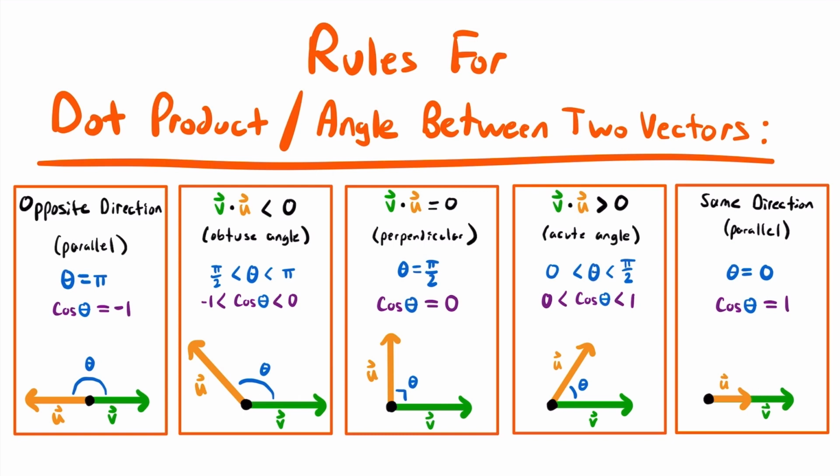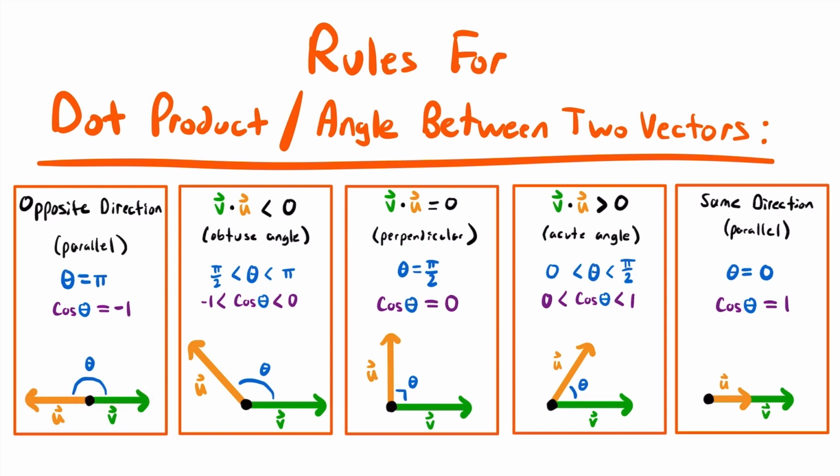Okay, and by the way, you might have noticed that when we measure the angle between two vectors, that angle is never bigger than pi, or 180 degrees. And there is a reason for that, because when we measure the angle between two vectors, we always want to measure the smallest angle. And here's what I mean by that. The biggest angle that we can have between vector u and vector v will be 180 degrees, or an angle of pi radians. If we were to try to make a bigger angle, right, if we're looking at this example right here,